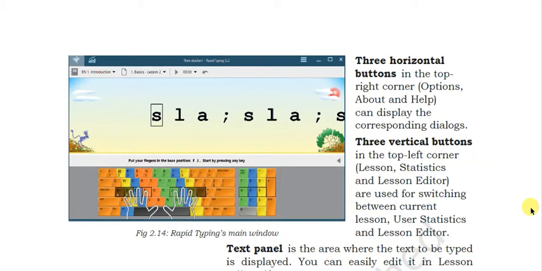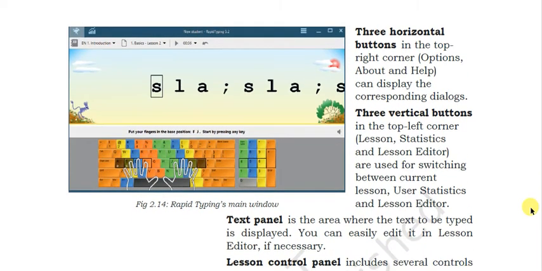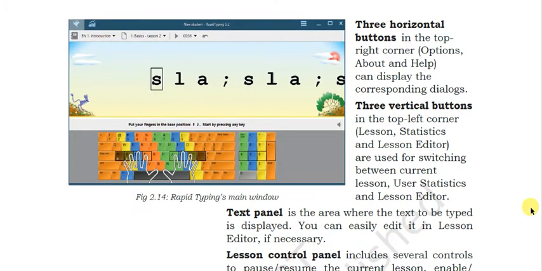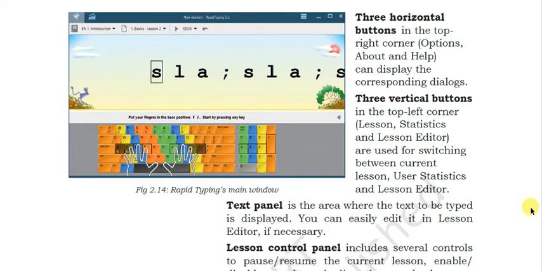Three vertical buttons in the top left corner, lesson, statistics and lesson editor, are used for switching between the current lesson, user statistics and lesson editor. This is the text panel in which the text to be typed is displayed.